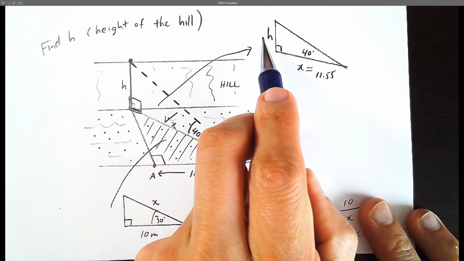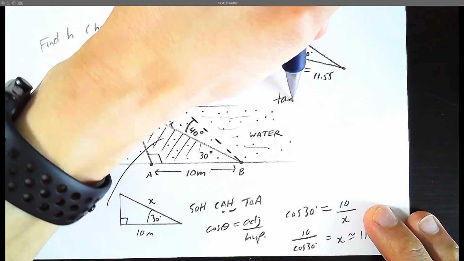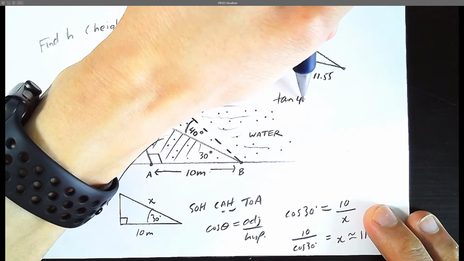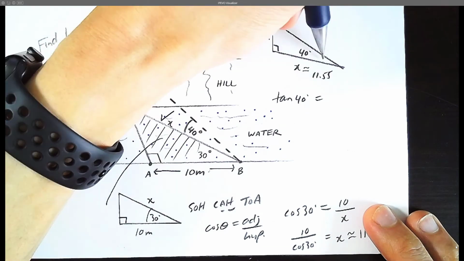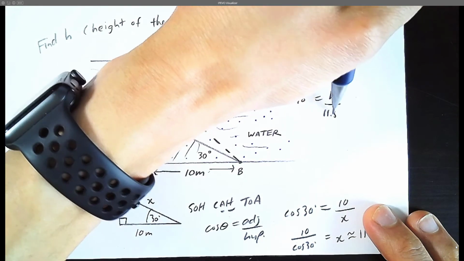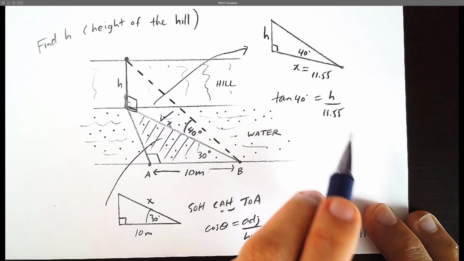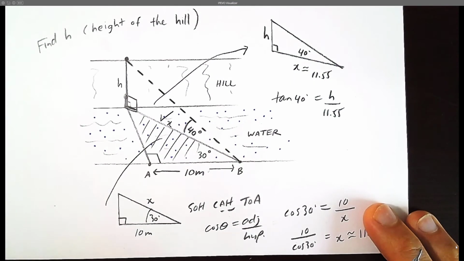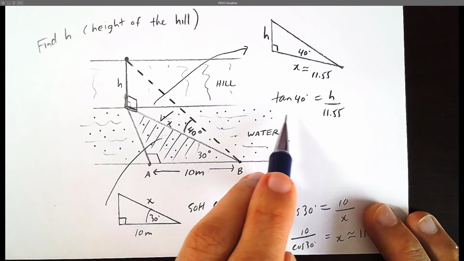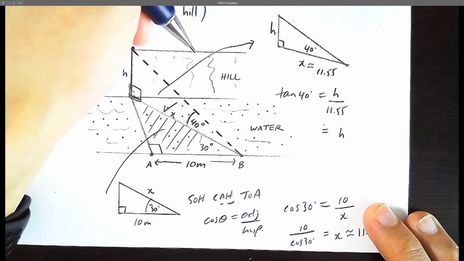So put your finger here. We're interested in opposite, adjacent. That's going to be tan. Tan theta, which is 40 degrees, is equal to the opposite, which is h, over the adjacent, which is 11.55-ish. And you really should use all the decimals on your calculator if you have it. So what is h? Multiply both sides of the equation by 11.55. So h is approximately equal to